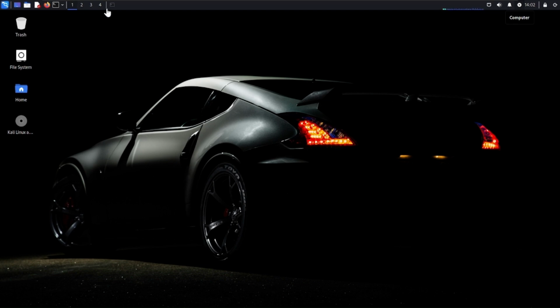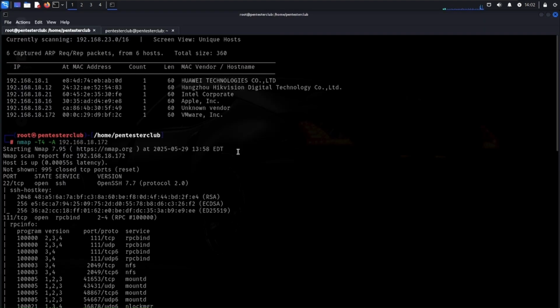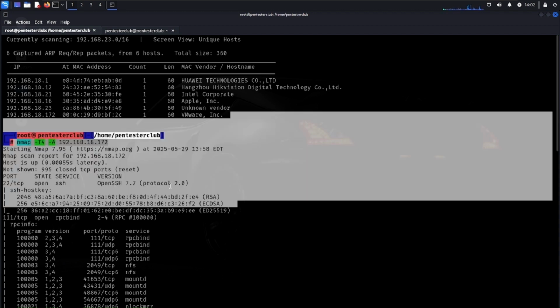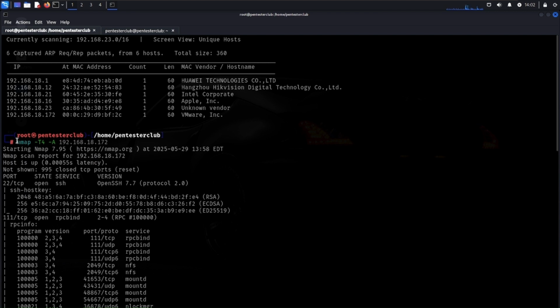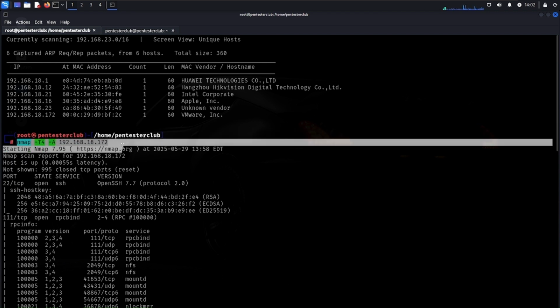So first, open the terminal. Type sudo su and enter your password. Then type netdiscover -i eth0. I have identified my target machine here: 192.168.18.172. Then type nmap -T4 -A, an aggressive scan, and enter your target